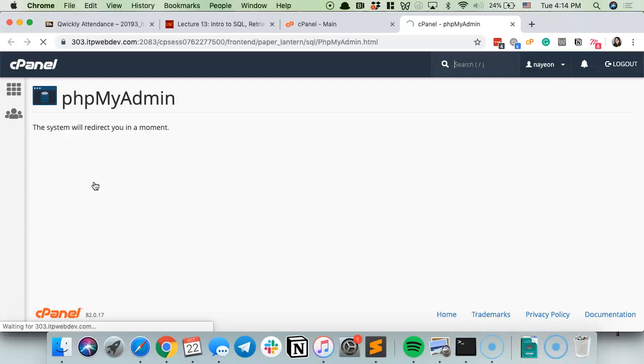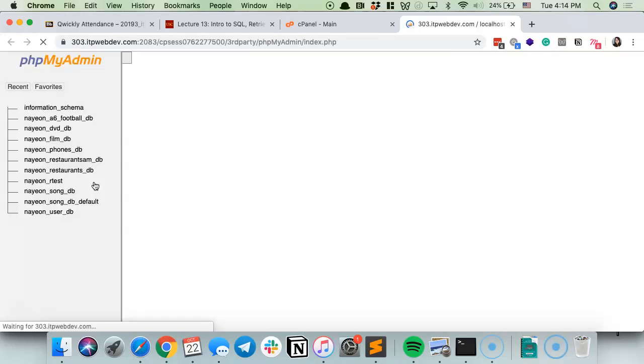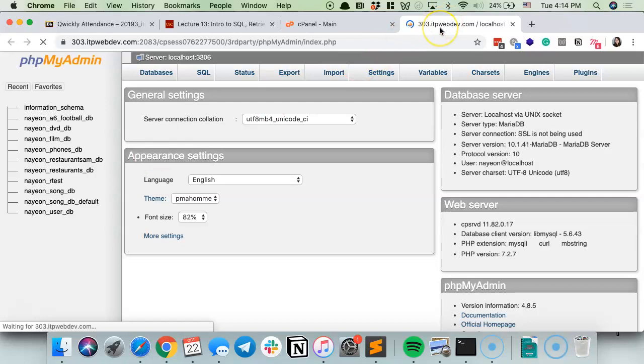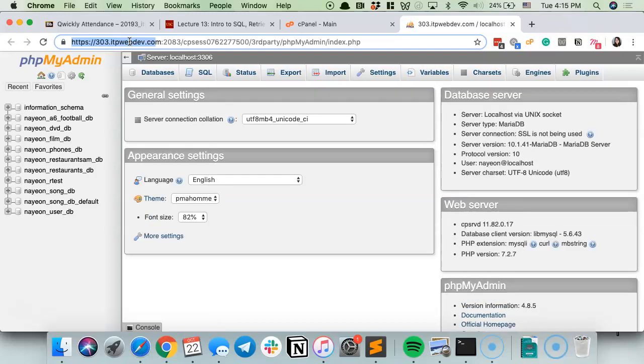Okay, for your lab, you probably looked at phpMyAdmin to double check that your database is working. phpMyAdmin is just another piece of software that helps you visualize databases very nicely. The only difference between MySQL Workbench and phpMyAdmin is that phpMyAdmin is installed directly onto the server. That's why you have to go to a specific address and all that stuff. Versus MySQL Workbench is installed on your computer, right? So it's installed on your computer and we're connecting to the database. Versus phpMyAdmin, this is installed directly onto the web server. So it feels like it's a website almost, and